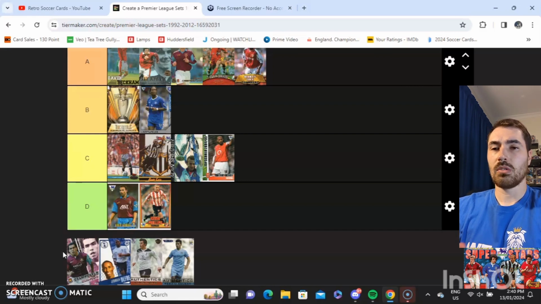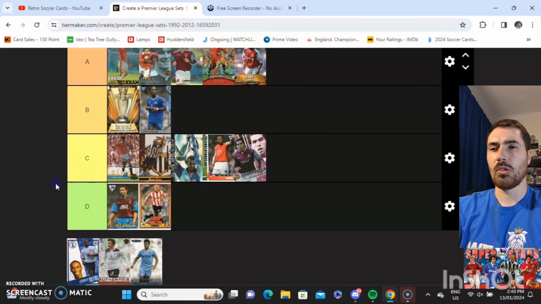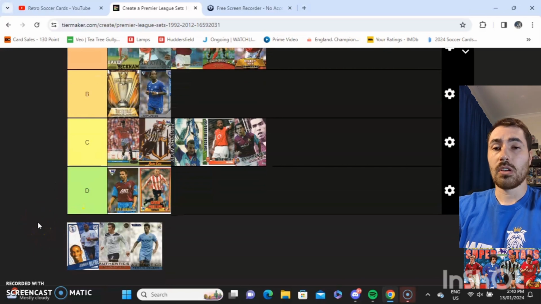I'm leaning towards maybe going C tier for them as well, but I'll have a think about it. So that's kind of where we're at the moment. But we have Topps iCards, so it's a 100 card base set. They all look the same, there's no inserts at all to them. A fairly common set, certainly the cheaper and more accessible alternative to the Topps Premier Gold set from that